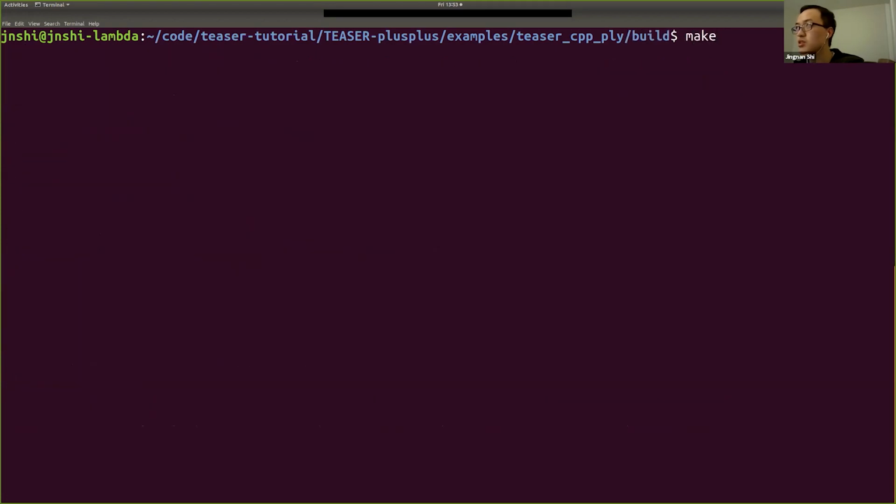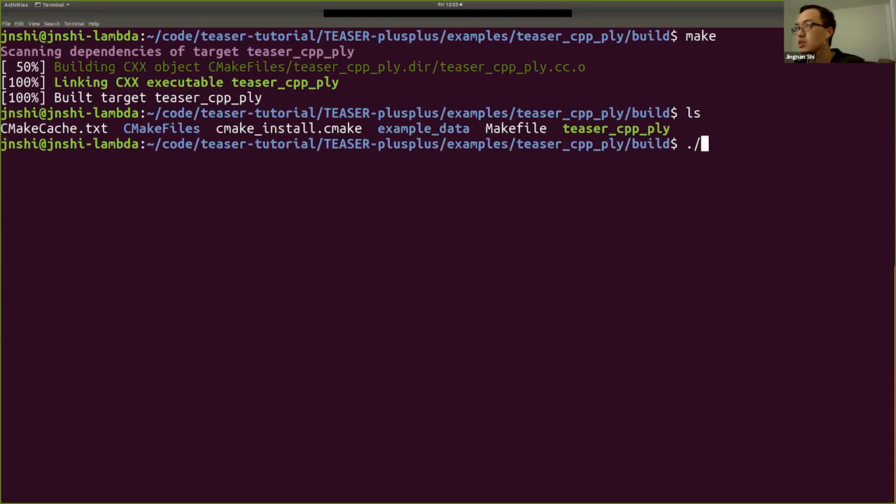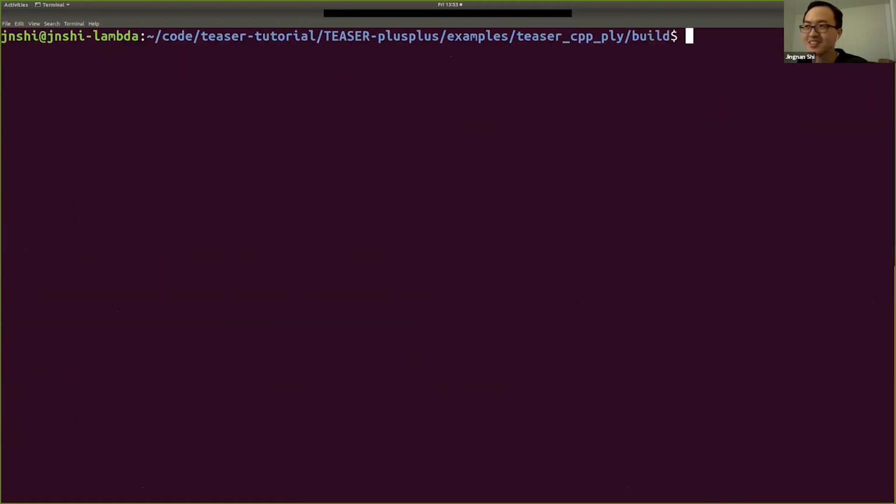And then make. Should be able to build it real quick. And then let's see. And the segmentation fault. Okay, so in this desktop here,